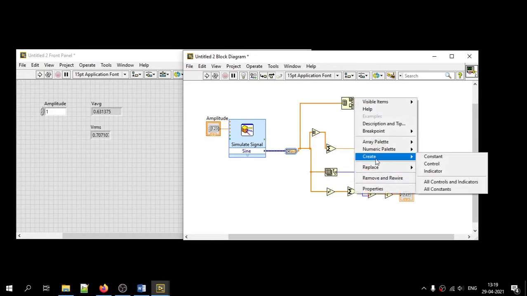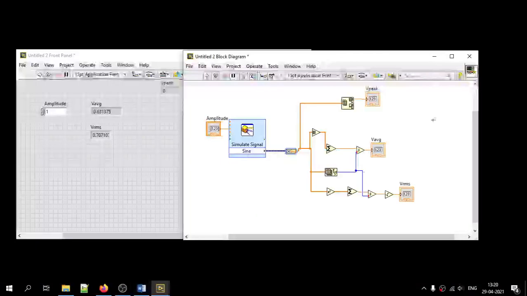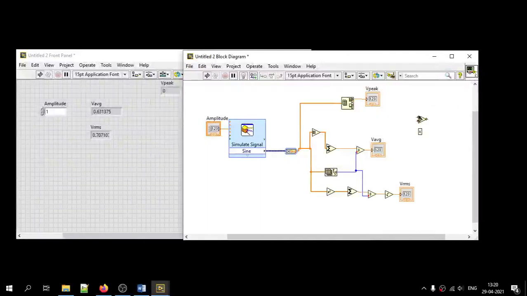Let us create an indicator here. This is the peak value. The crest factor is going to be Vp divided by Vrms. This is V peak divided by Vrms.